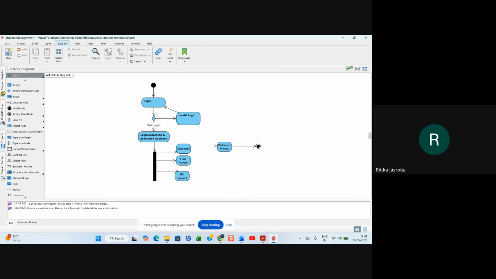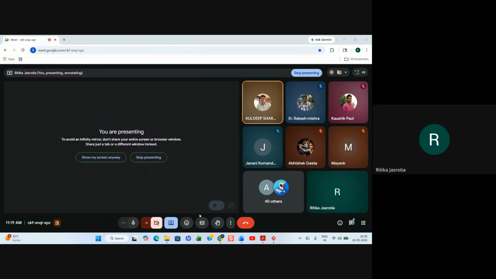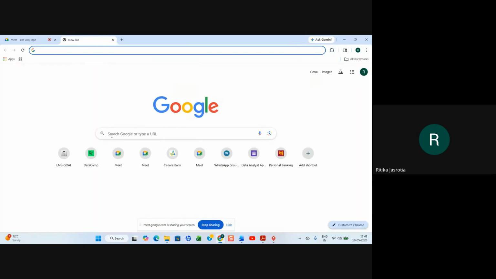How to make an activity diagram for this? If we go for, I don't know whether they are on the internet.